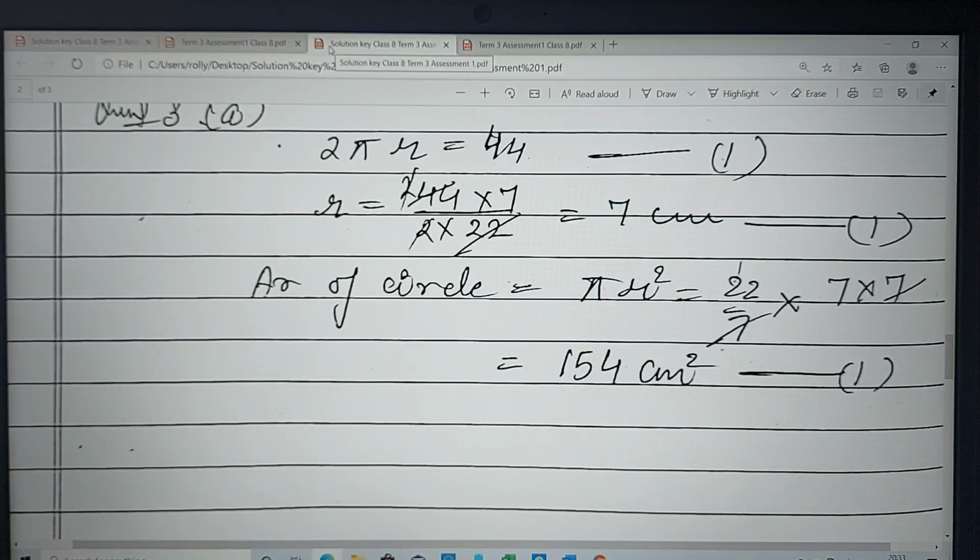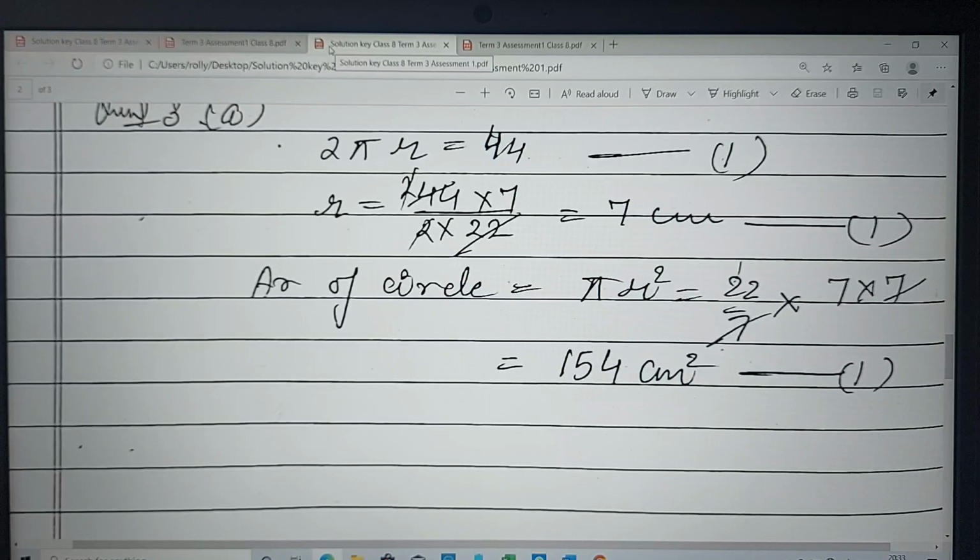The formula for circumference of the circle is 2 pi r. 2 pi r is equal to 44. We can transfer 2 pi to the other side. We put the value of pi as 22 upon 7 and we get the radius, that is 7 centimeter. Once we have found the radius, we can easily calculate the area of the circle. Pi r square, radius is 7,